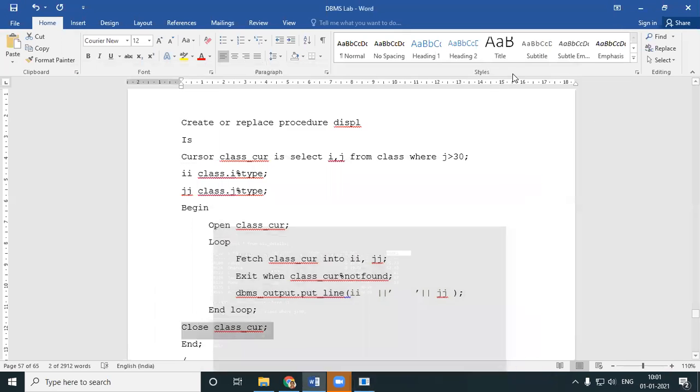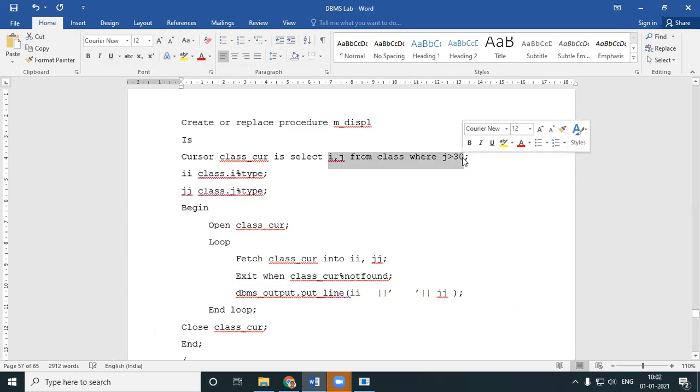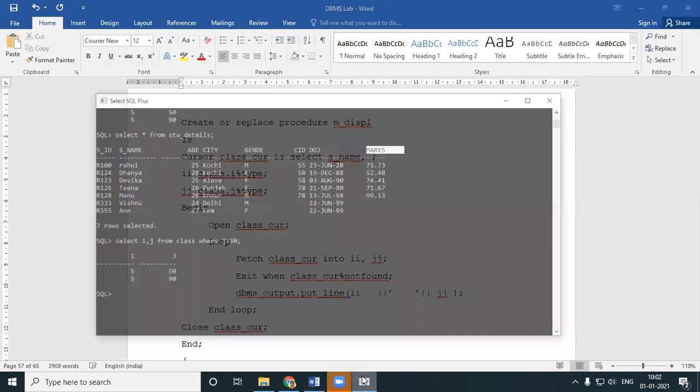So first, I'll just change this name. I'll write it over here itself. M display, select S underscore name, then the naming conventions should be exactly the same as we have in the table. What all do we want?